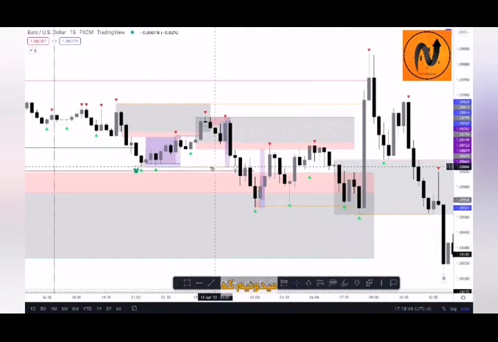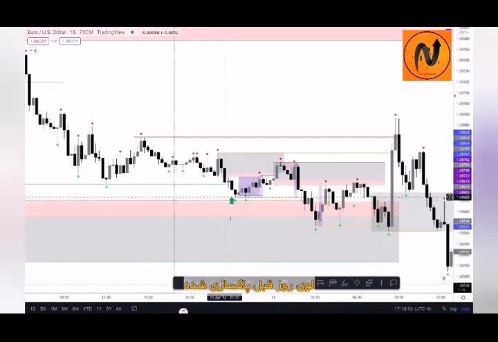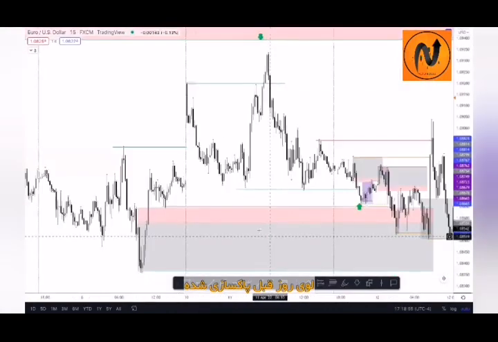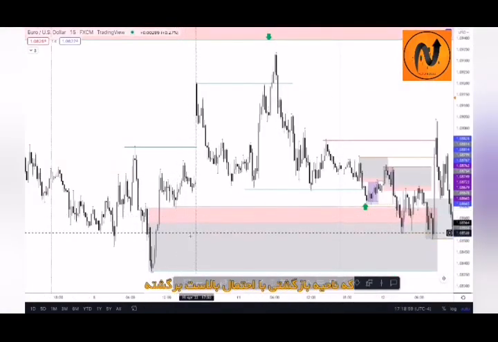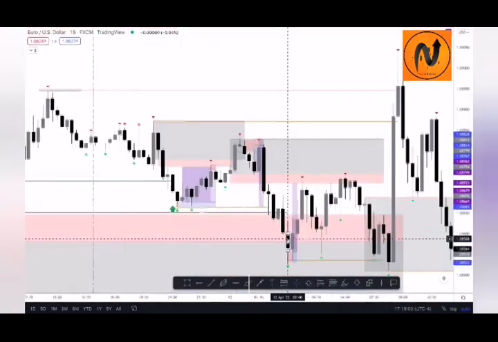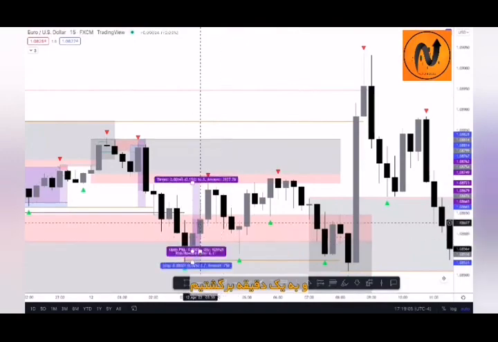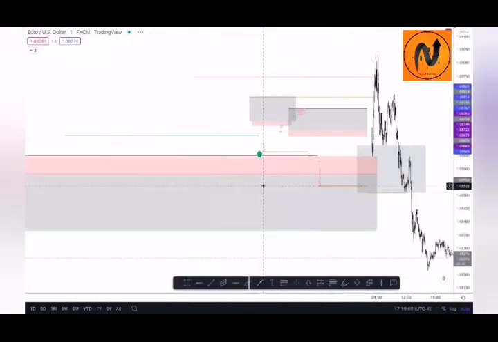Right here, we know we swept lows of the day, right? We also swept previous day lows. We're now in this imbalance that then turns into this OB. We're now in a high probability reversal area right here, right? And we came all the way into the 1 minute to find that sweep flip confirmation,